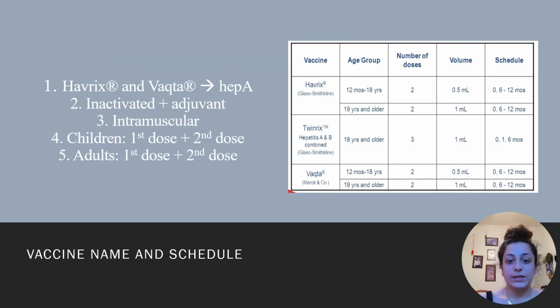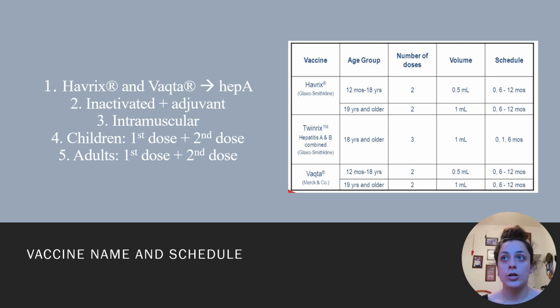So there are several vaccines available for hepatitis A, and some of the commonly used trade names are Havrix and Vaqta, which can be abbreviated to Hep A. Both vaccines are inactivated and contain an adjuvant, which is aluminum. And so the recommended schedule for hepatitis A vaccine can vary depending on the age of the individual as well